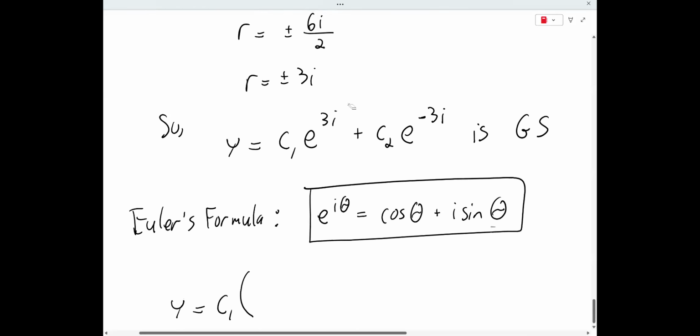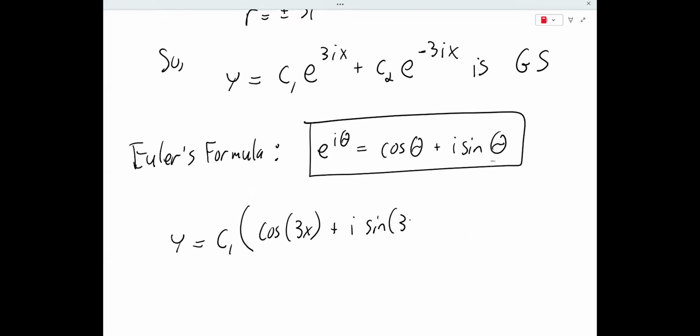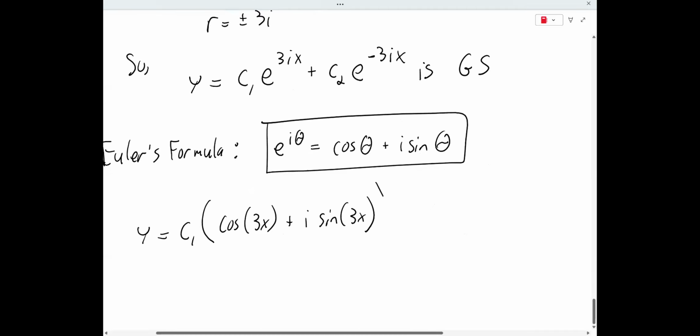It should be 3ix, since there are x's up here. If you apply Euler's formula, that's e to the i, and the theta is the 3x. So it's cosine of 3x plus i sine of 3x, close this parenthesis, plus c sub 2,